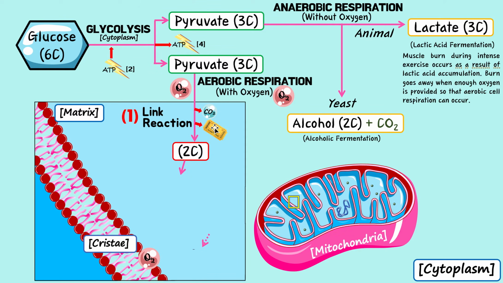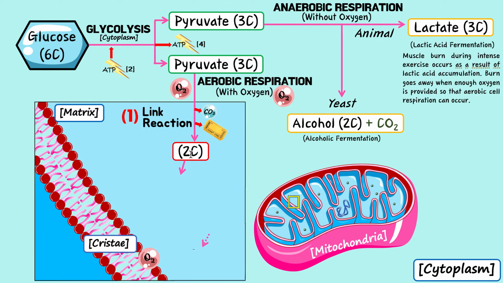This little thing, I'm putting it as a little ticket. You know those arcade tickets that you get? You can keep them and you can turn them in later after you played and trade them in for a prize, right? So think of it like that. Think of this molecule as a little ticket. For SL, you don't need to know what the real name is. For HL, when I make that video, you're going to see what this ticket's name really is. Just for now, for the concept, know that there's this little molecule made. It's like an arcade ticket, okay? So now the link reaction is over and we have this 2-carbon molecule.